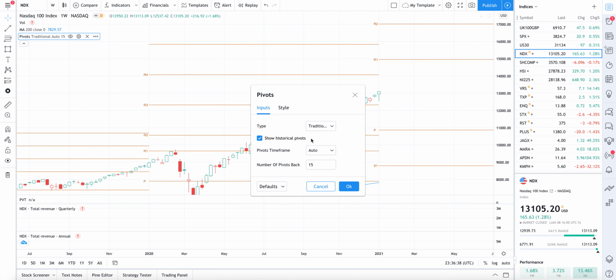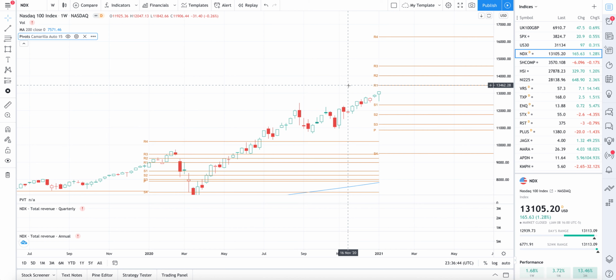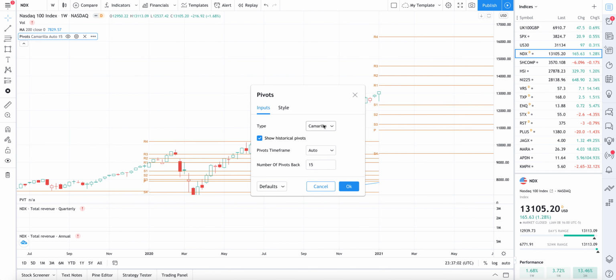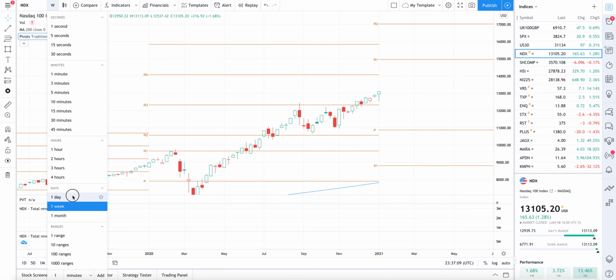If we just switch over to the Camarilla pivots for the Nasdaq, you can see some levels up above: 13,462, 14,000 and 14,585. So some key levels up above to monitor over the next few weeks and months. I'll flick that back to the standard floor pivots. We'll head over to the daily chart,